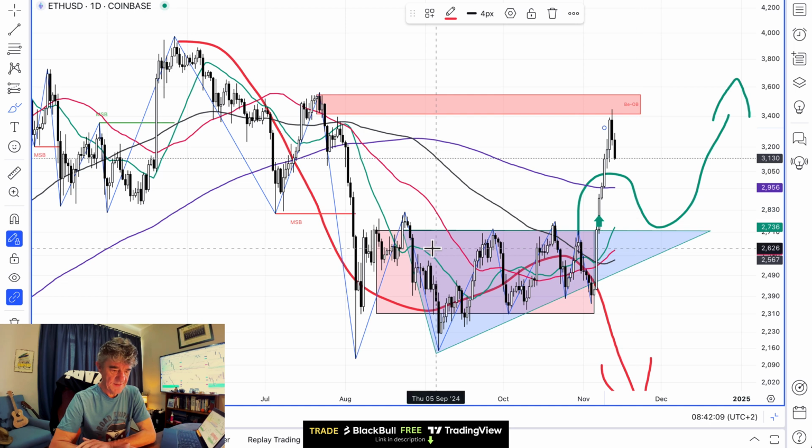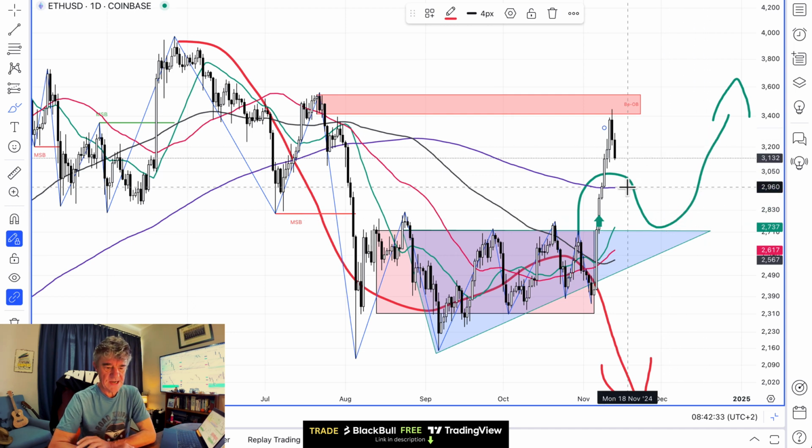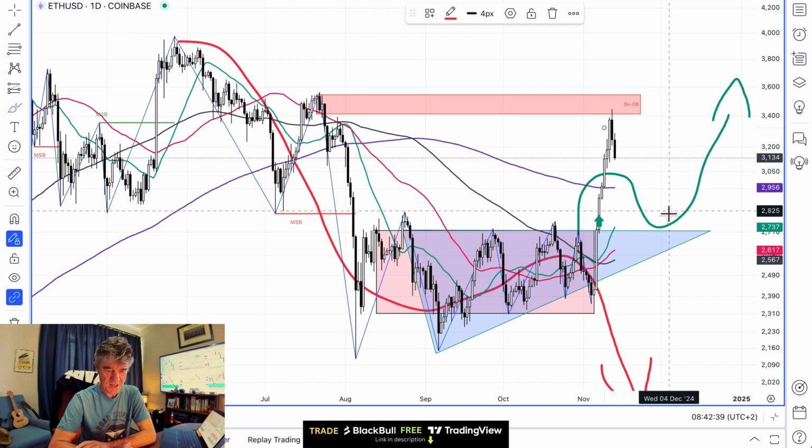just like Bitcoin. There's the triangle breakout. You could use this level, I suppose, at 2825 as the breakout level, or the top of the triangle over here at about 2725. We're now at 3130. So allow for a dip back down there and that sort of move. Like Bitcoin, I'm adding on more on retracements, and I'll be looking to sort of finally add my last tranche